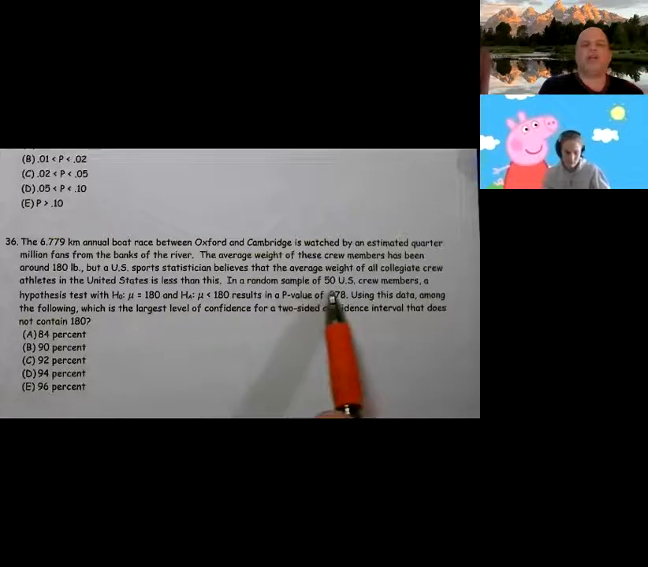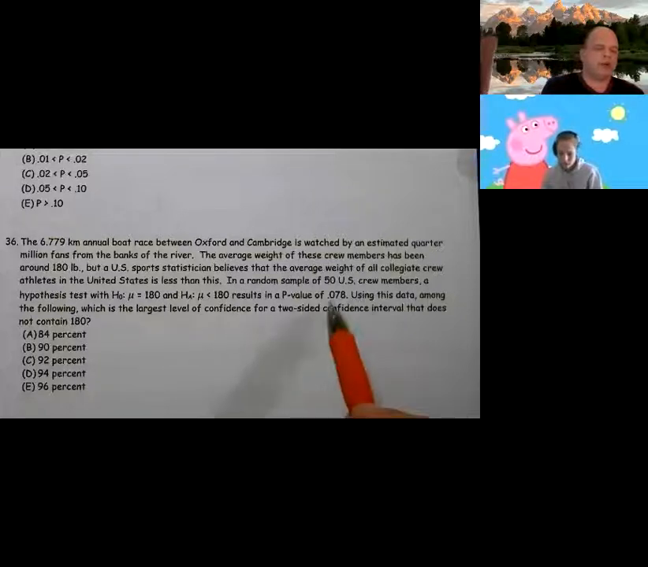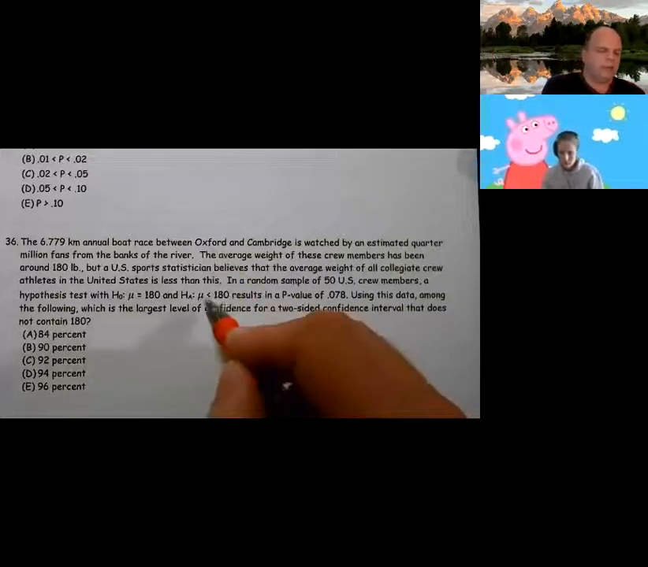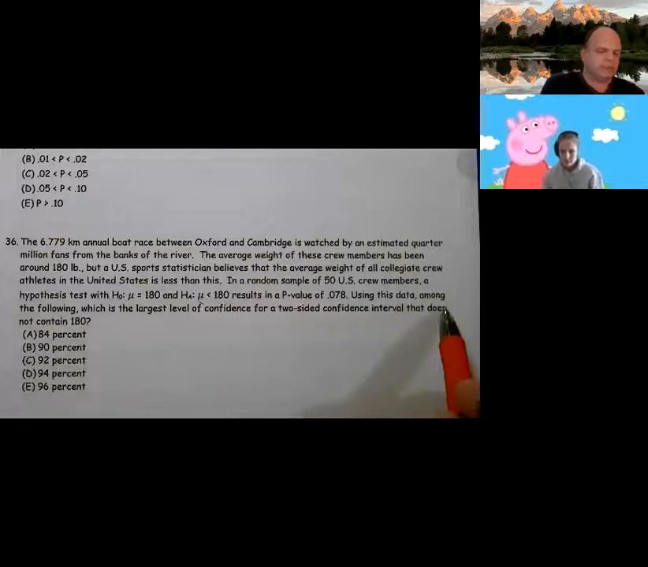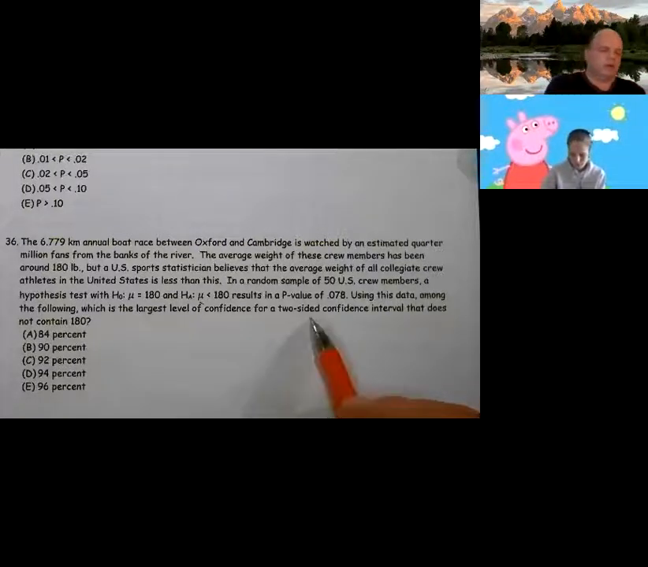In a random sample of 50 U.S. crew members, a hypothesis test, null mean is 180, alternative is less, results in a p-value of 0.078. Okay? Using the data, among the following, which is the largest level of confidence for a two-sided confidence interval that does not contain 180? So,